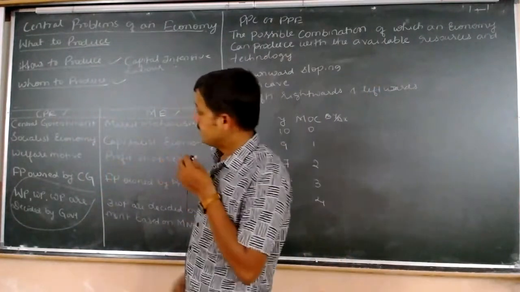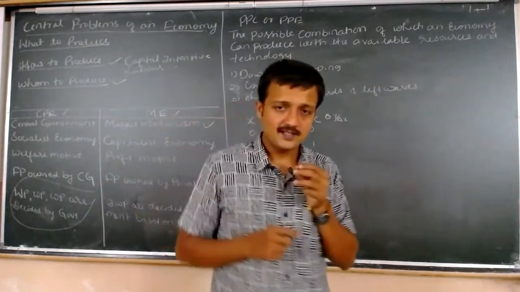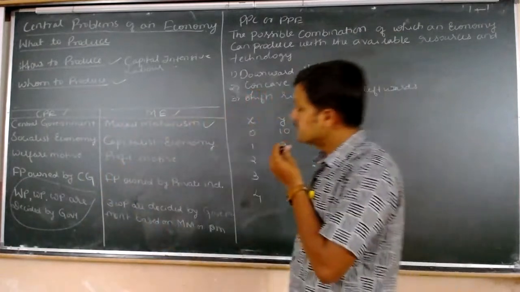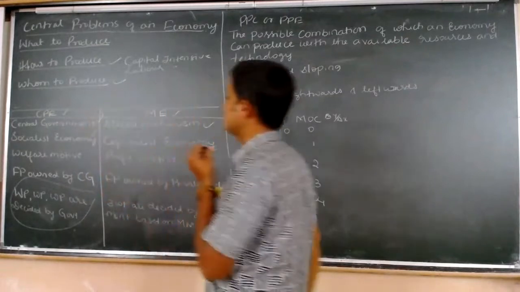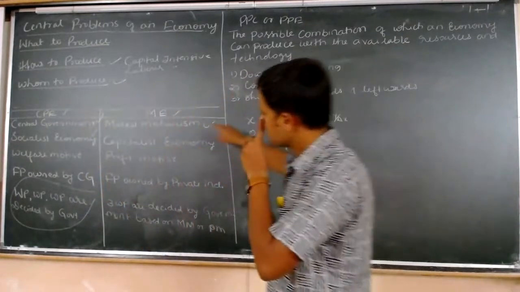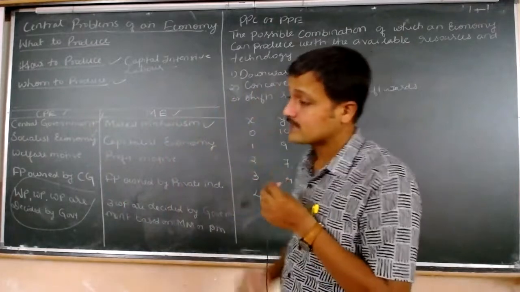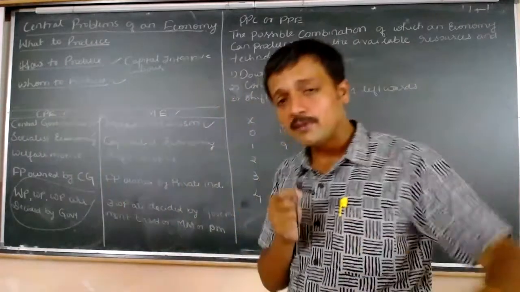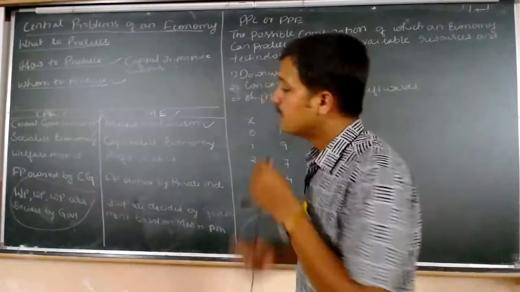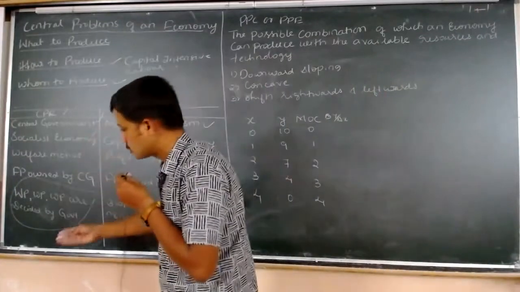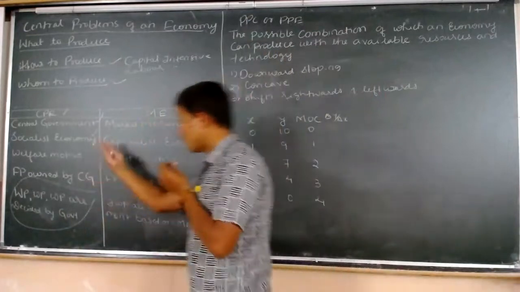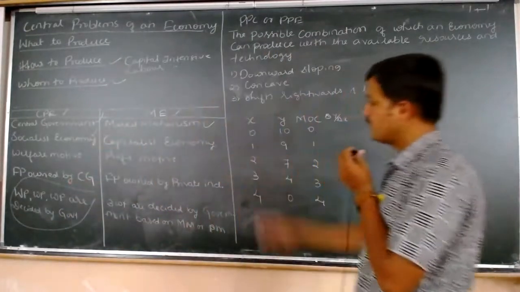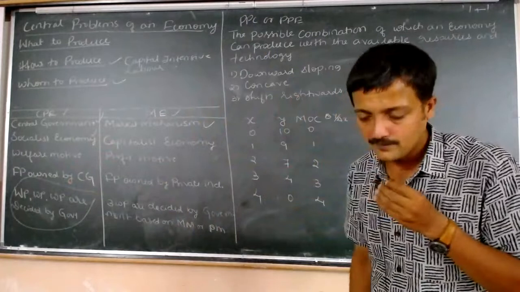Okay. And the second point you need to write is that the centrally planned economy is also known as socialist economy, whereas the market economy is also known as capitalist economy. This will be easy for you to remember, as well as easy to write in the short notes also. First you will write the meaning, and then the other name, that is socialist economy here, and capitalist economy here.